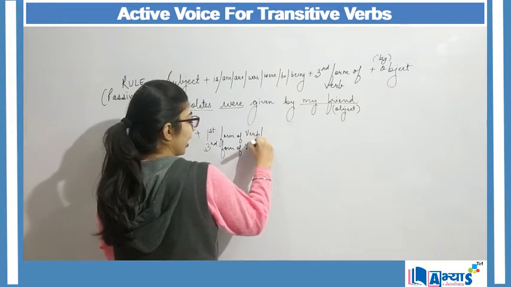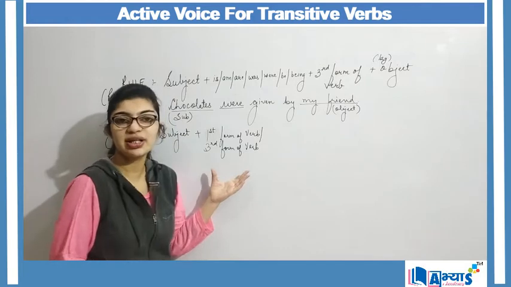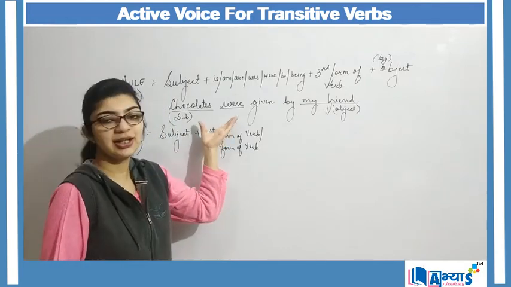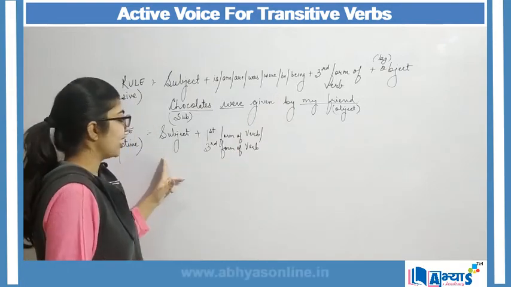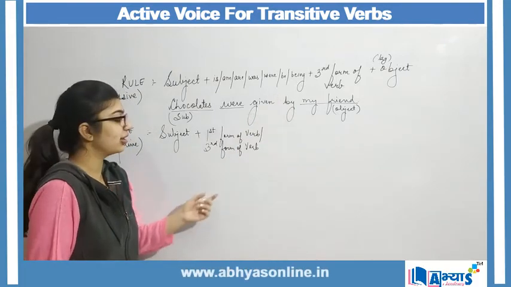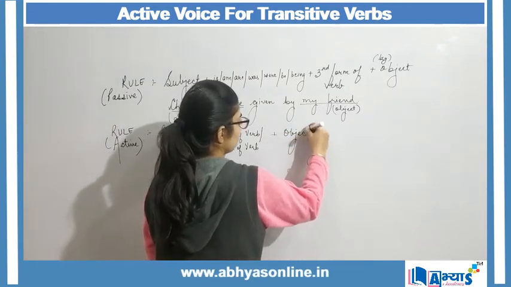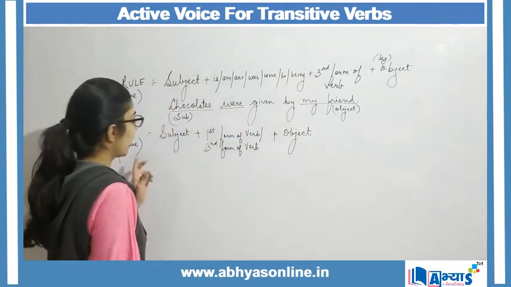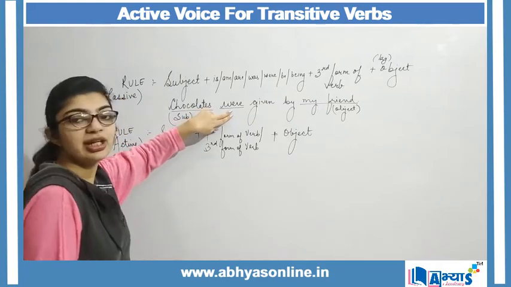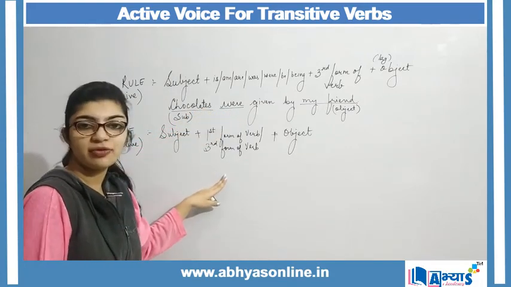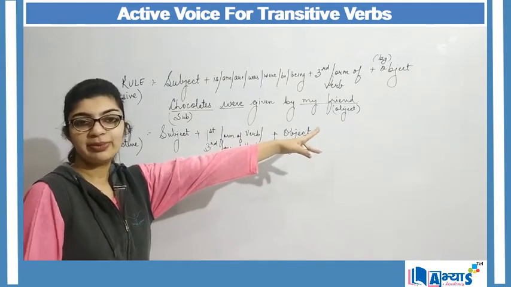because here we are not directly focusing on the sentence. We are focusing on the transitive verbs, and transitive verbs are given all the third form of verbs, right? So subject plus first form of verb, or we can say third form of verb, followed by an object. So I say subject plus first form of verb or the third form plus object. Here if it is in past tense, then I will use the second form of verb for active voice as well.